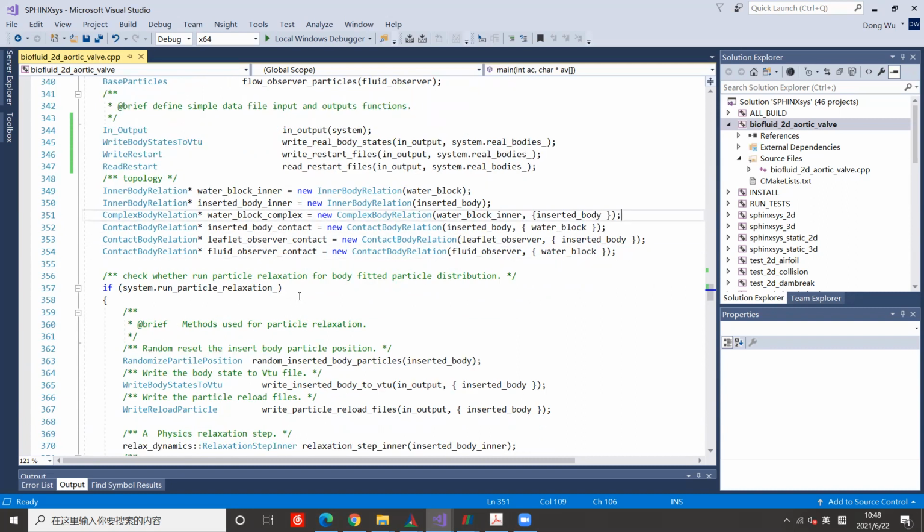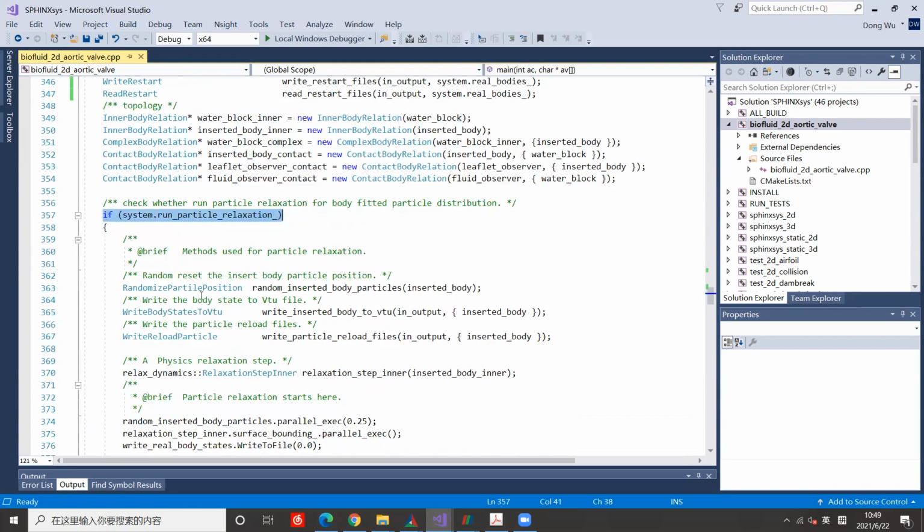Then we come to here, where we check whether to run particle relaxation for the body-fitted particle distribution. We will go back to the details, because the last time I forgot this part. So after the explanation of the code and before we run this code, I will explain the relaxation function. Okay, let me just jump to the